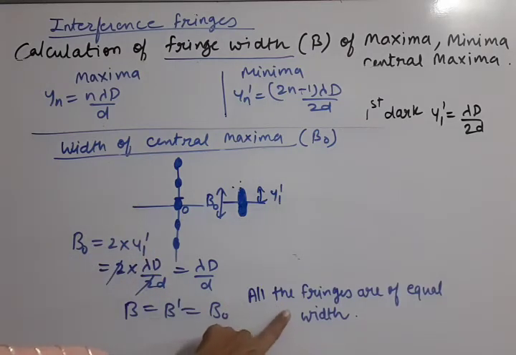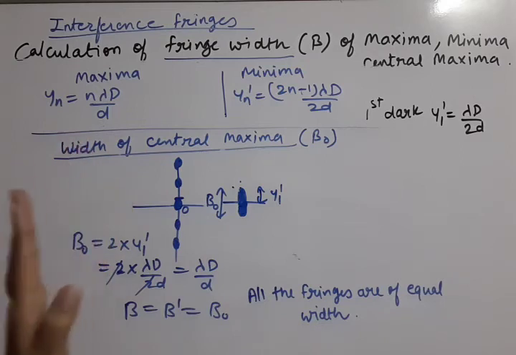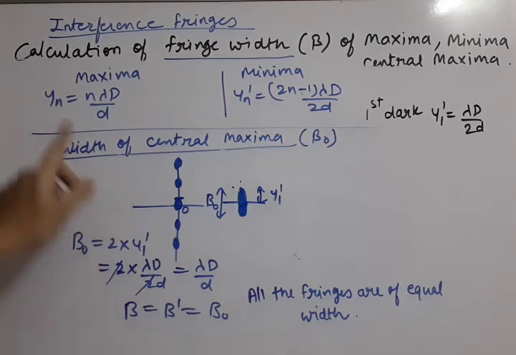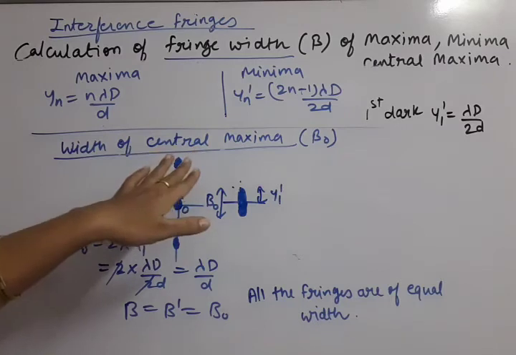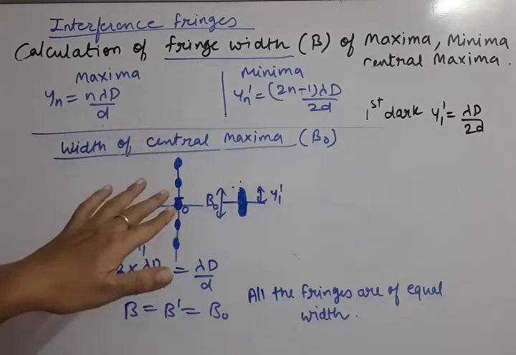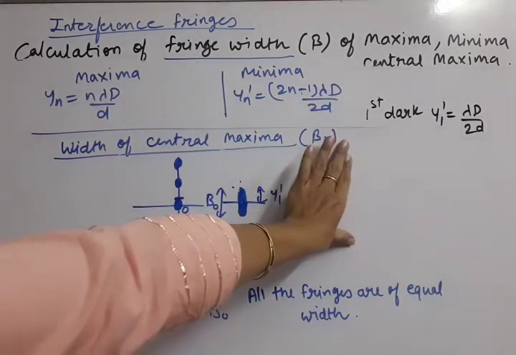If this question is asked, you have to do it from the starting diagram of S1P, S2P like that. You have to start from the diagram and you have to come till this conclusion. Now students, other than the simple width beta, we have one more kind of width, that is angular width. So I am writing the angular width portion here.